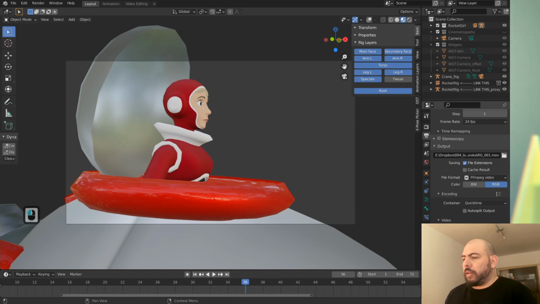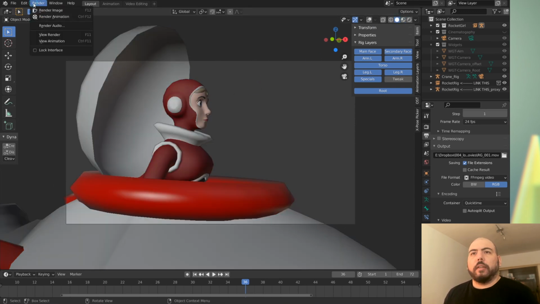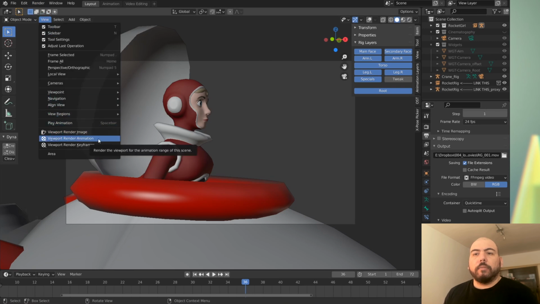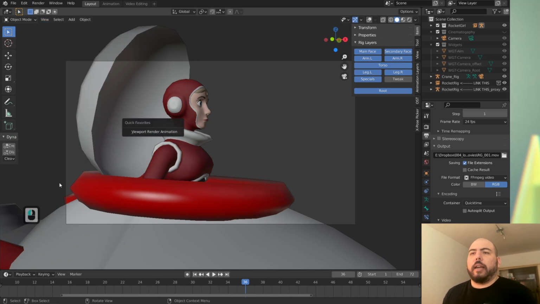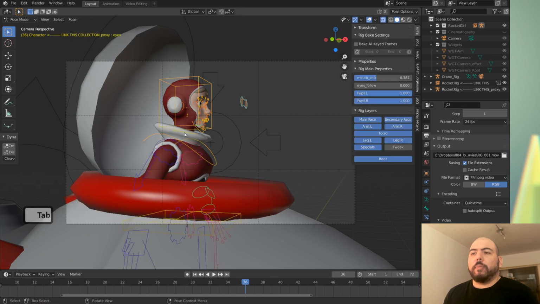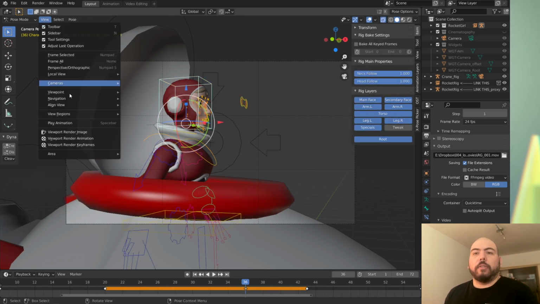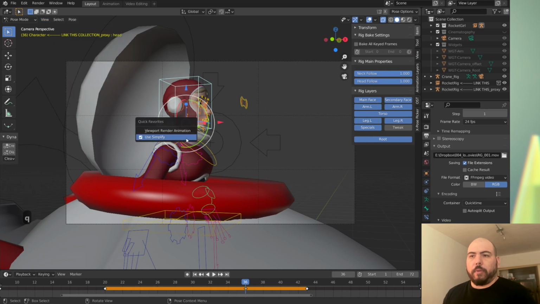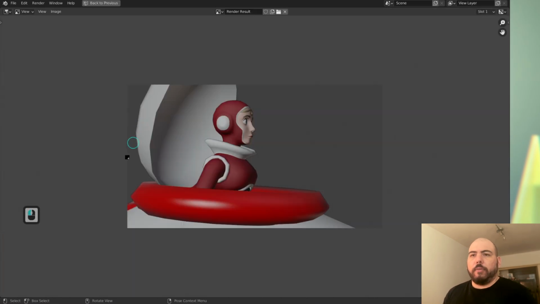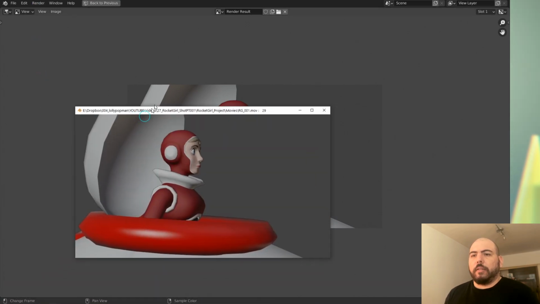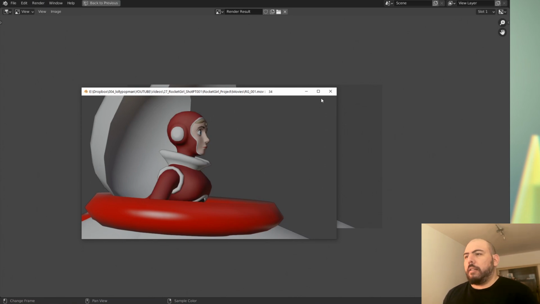So let's be a little bit more clever than we were before. Now if I just go into solid mode and then view render animation, viewport render animation, by the way, right click and add to quick favorites, because we're going to use that a lot. And remember to also do this in pose mode, because pose mode is different than object mode. Then you need to do it in both of them, so it appears no matter what. I don't think there's a setting to tell it to just appear everywhere. So let's do this, and then viewport render animation. You see now it's way faster, and then view animation. So now we can hear it with the Blender player.